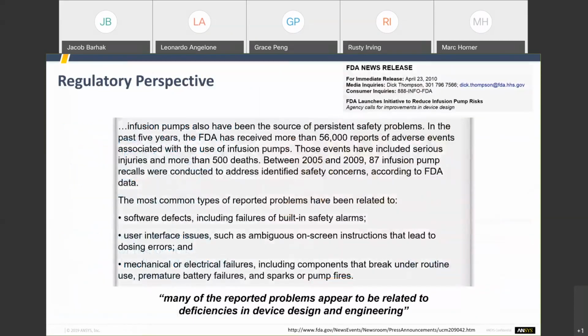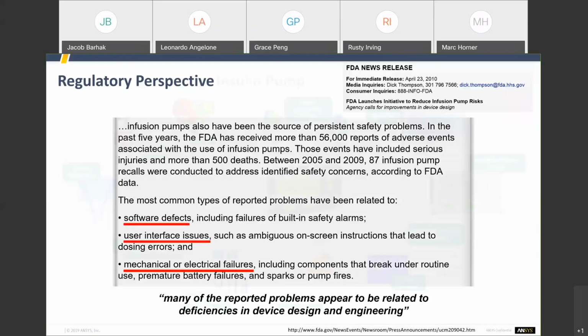Now that we understand the operation of the device itself, we have seen many regulatory issues with these products, and in fact, not just insulin pumps, but infusion pumps in general. When we talk about infusion pumps, we're talking about pumps that deliver drugs to the human body. There's been many issues with software defects, user interface issues, as well as mechanical or electrical failures, to the point where FDA even organized a group that was specifically focused on understanding and assisting industry with improving the performance of these devices, because there were so many adverse events and even deaths that were recorded due to these devices during